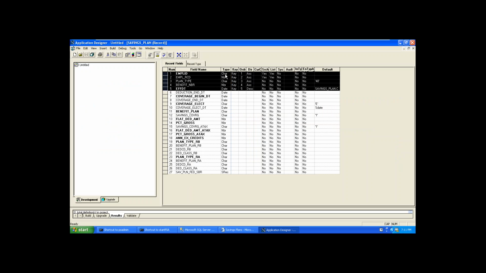Here you will see all these are the key fields: employee ID, employer ID, plan type, benefit number, and effective date.